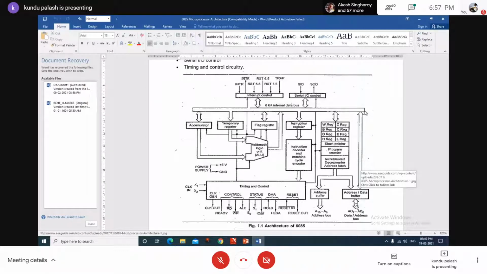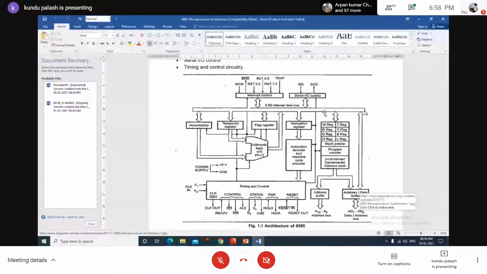The bus is indicated with its direction. It is a bidirectional address data bus. That means the signals may flow from the external world to inside, or from the internal to the external world. That's why there is a bidirectional line. But the address bus is unidirectional. That means the signals can flow from the internal architecture to the external world. The other bus, the internal bus, must be bidirectional,